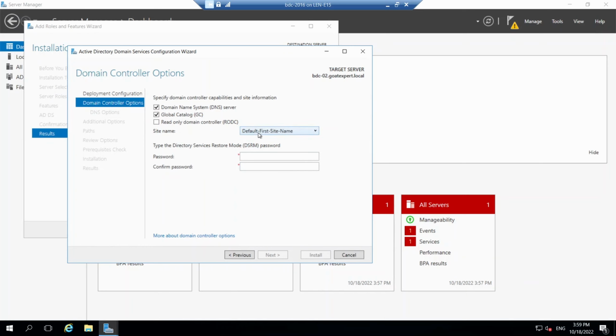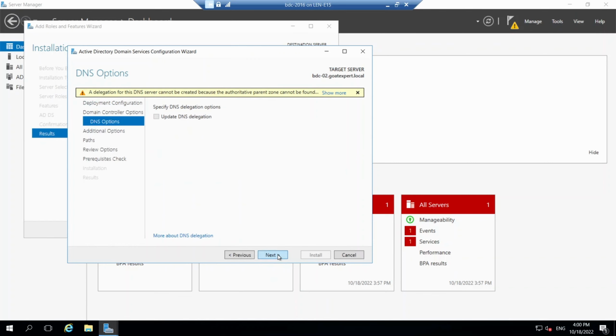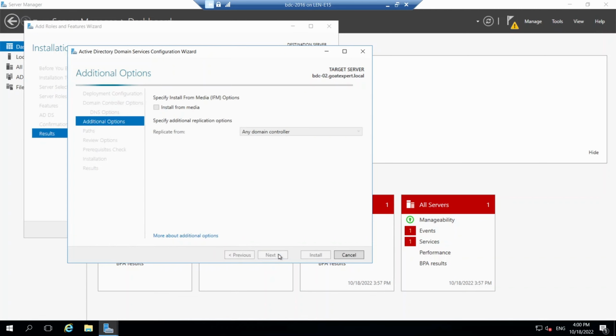So this is the name of my site. In my case, I haven't changed the name, so I just left it as the default first site name. But if you have any other sites, you can choose your site here. So this is the directory services restore mode, so just enter and configure a password. Click on next, click on next,